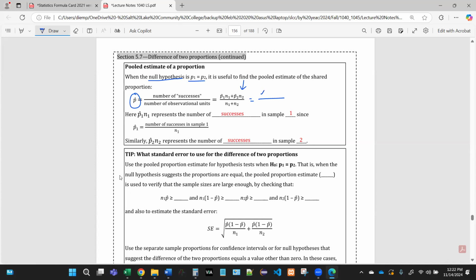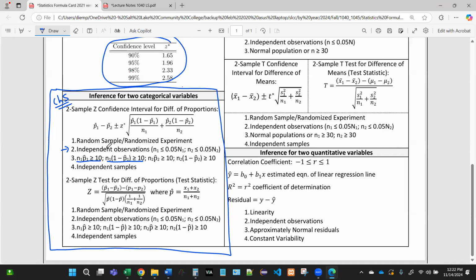So we're going to take the number of successes from the first sample plus the number of successes from the second sample, and we're going to divide by the sum of the two sample sizes. So it's like an average or blended success rate. Okay, and so there's two versions to this formula. This is the formula on the formula card, and I think it's much easier to use than this one. Okay, so they're equivalent, but the one on the right is just easier. So I just always use this one. Why do we need that?